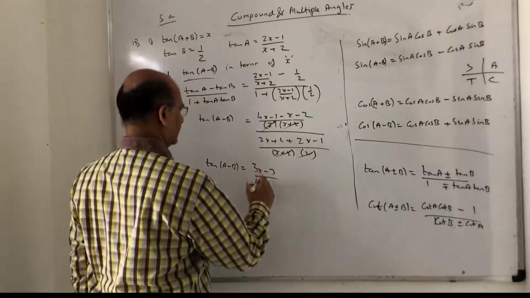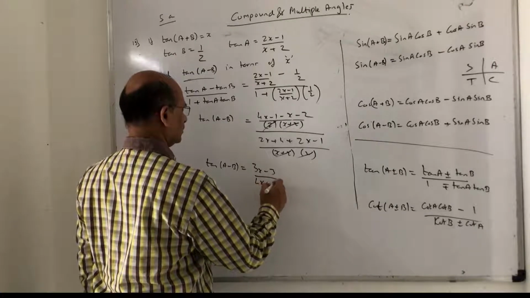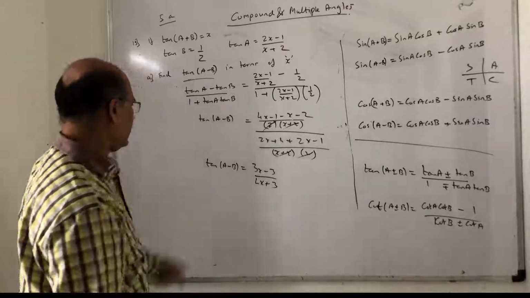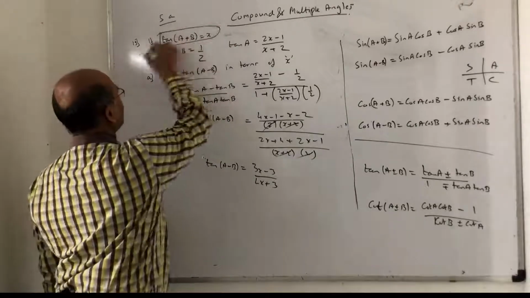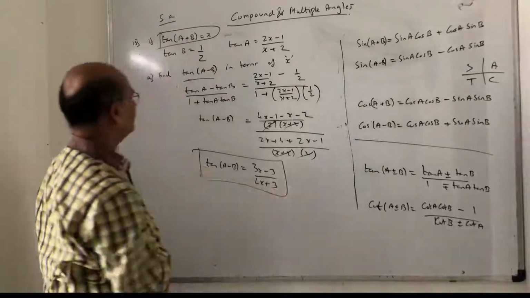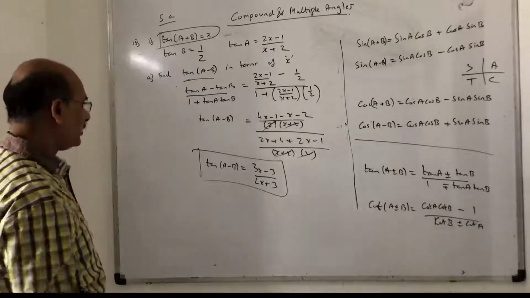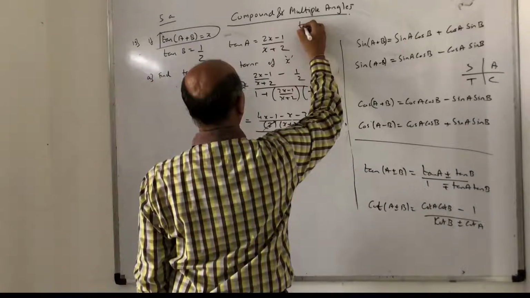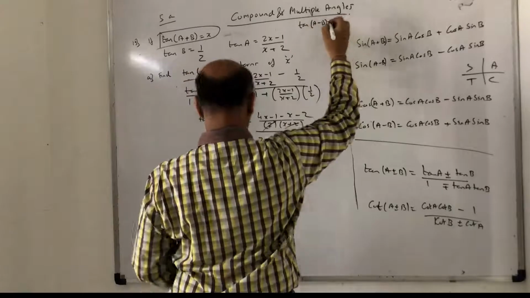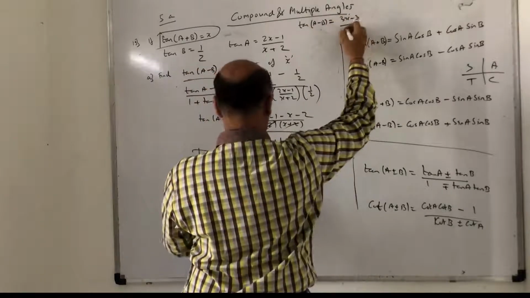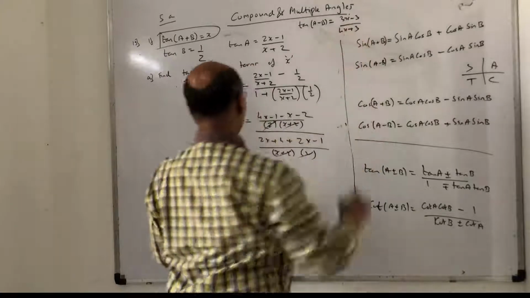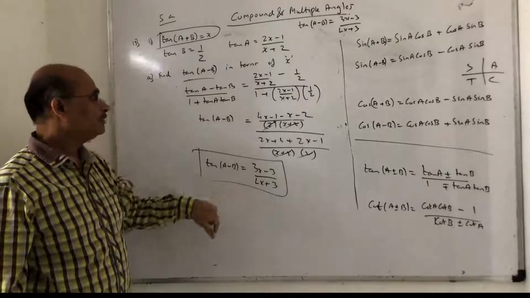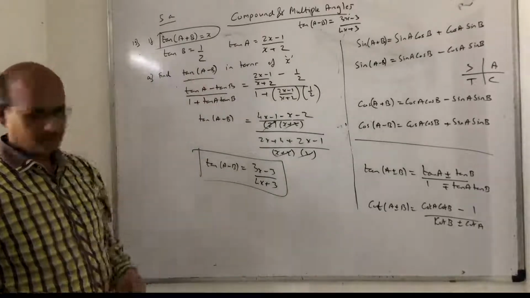4x plus 3. So I hope this is tan of A plus B I got, and this is nothing but tan of A minus B. Right, now what is the B question? Let us work it out. So I am just writing this tan A minus B this side so that we are going to use it out. So tan of A minus B is nothing but 3x minus 3 upon 4x plus 3. Now let me write the second question and solve it for you all. Till then, just note it down and then I will rub it off and do the next part.